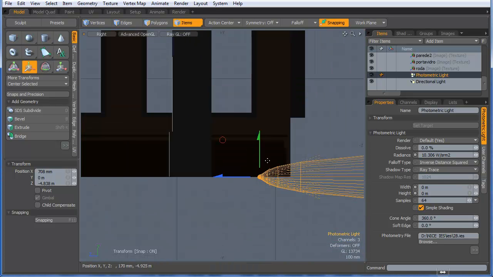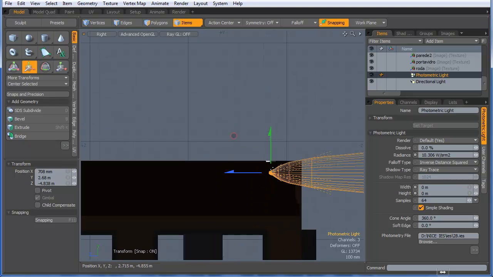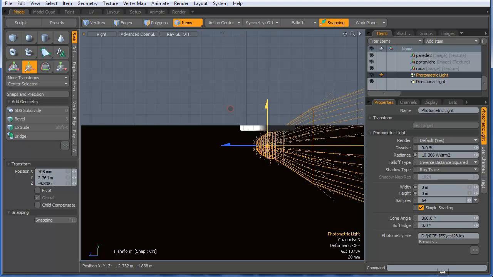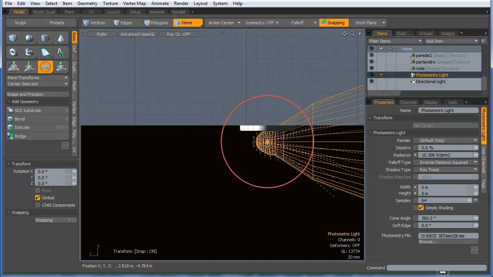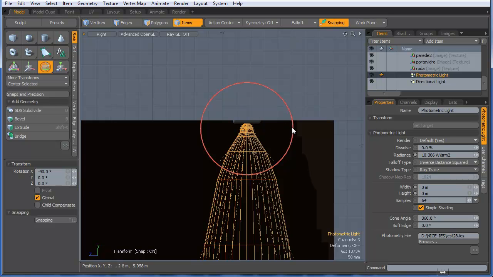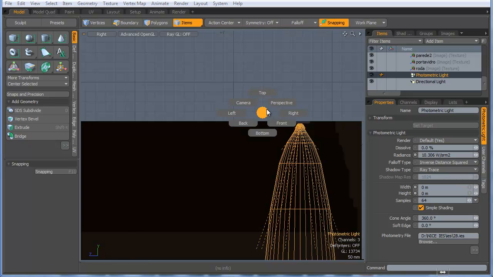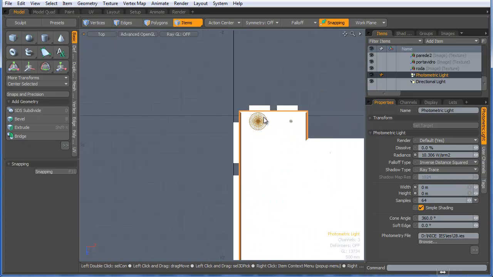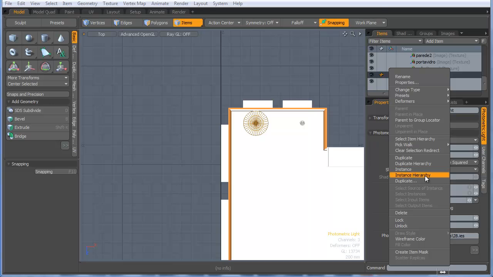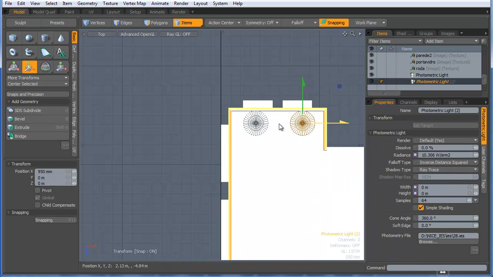and go to my right view and raise it up just to about there, and then rotate it. Press Ctrl and rotate it 90 degrees. Then go to my top view here, create an instance and move it,